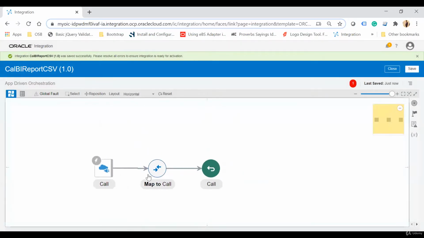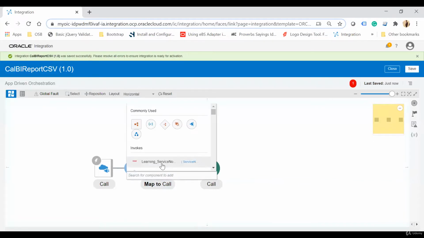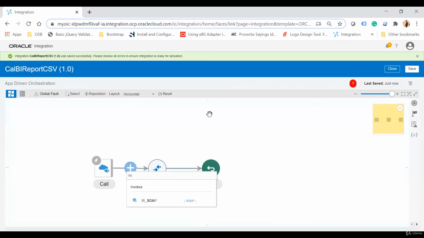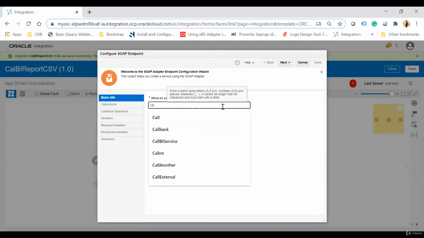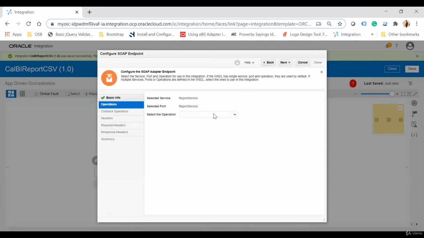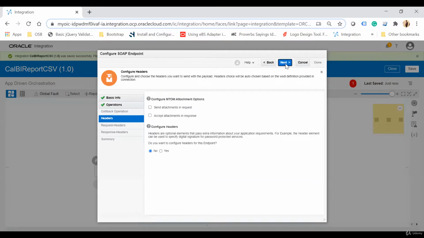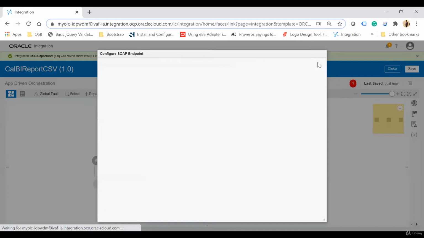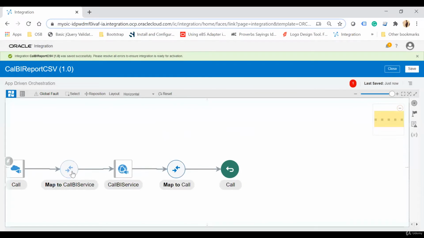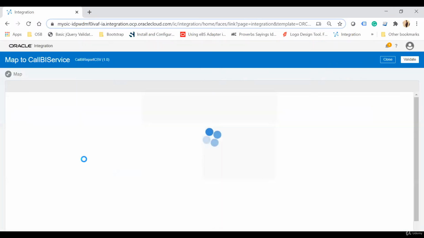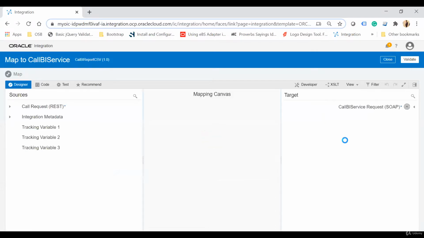As a second step, I will use my SOAP connection, the learning BI connection, right? And here I'll use call BI service, and then next. Here I will select the same method, run report, and then next, next, and then done. Save this. I'll just open this BI service mapper and will map the required